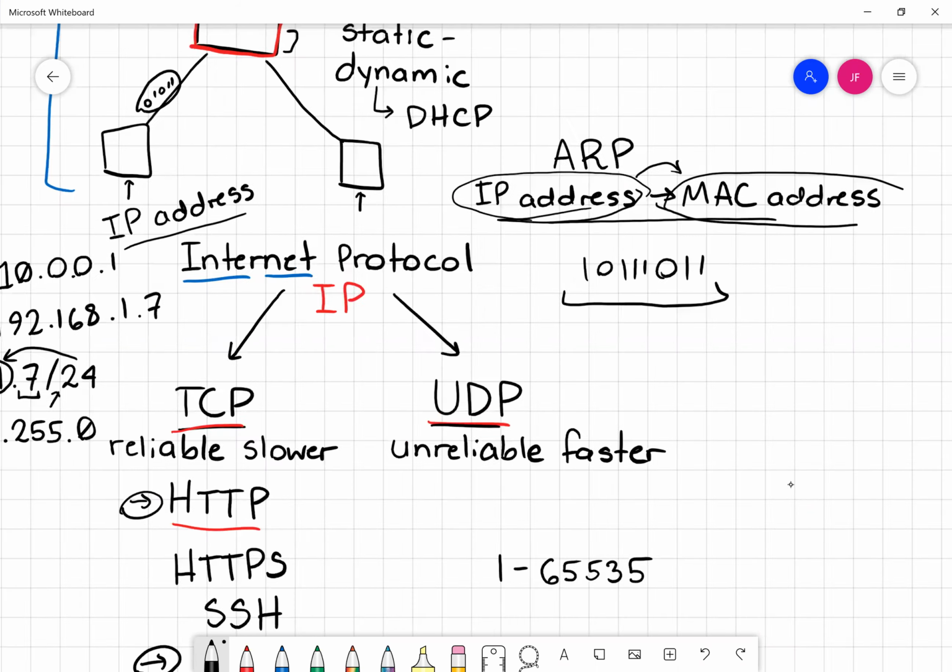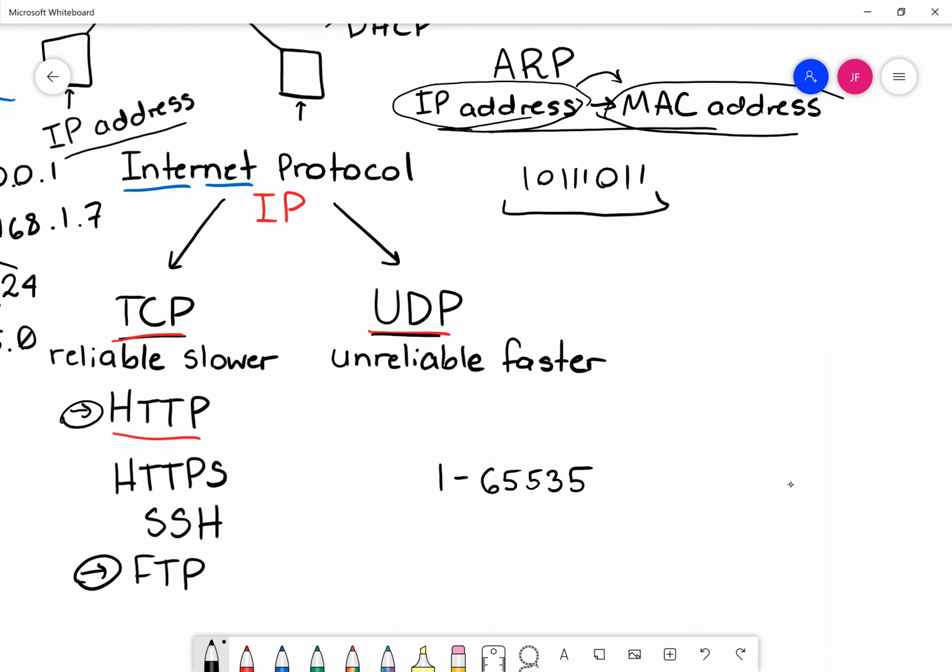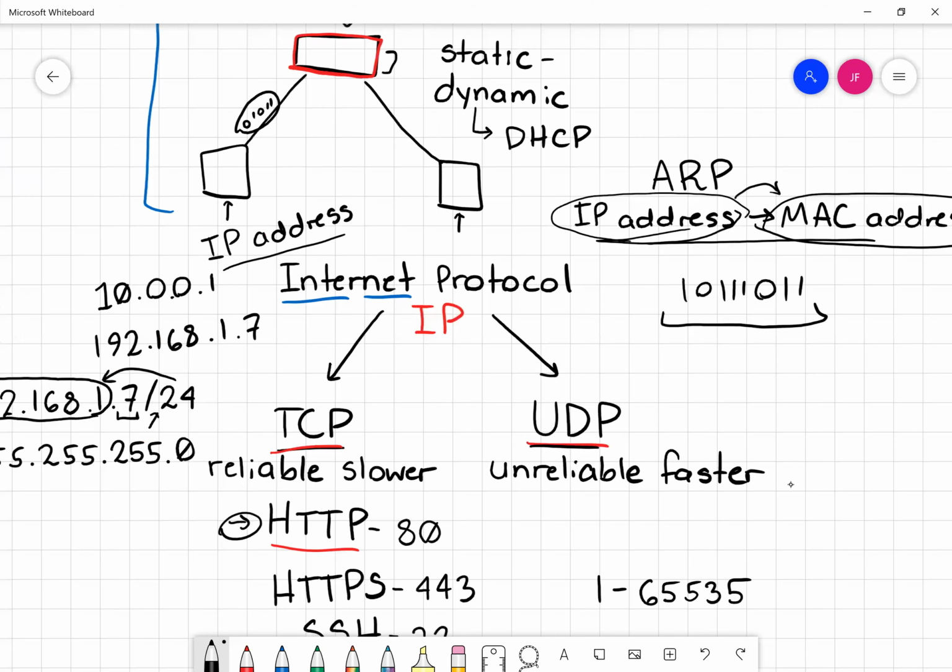Now there are some standardized ports that are commonly used for specific protocols. It doesn't really matter what port you use for what specific protocol, but some of the standards are 80 for HTTP, 443 for HTTPS, 22 for SSH, and 21 for FTP. Because most people agree with this standardization, it's really easy to make these sorts of communications and know which port to access. All right, so